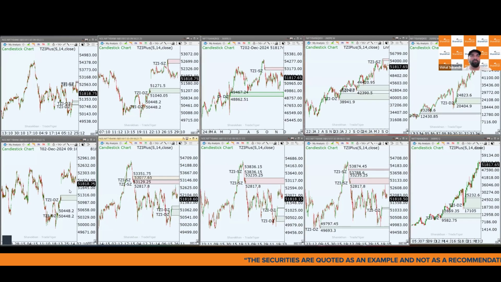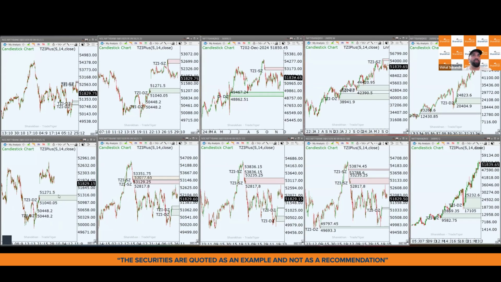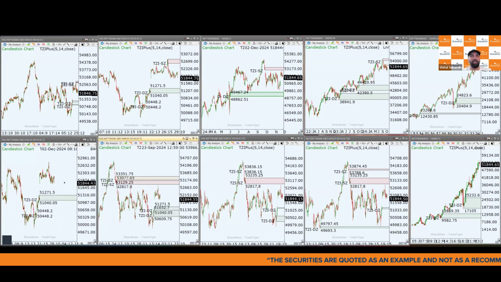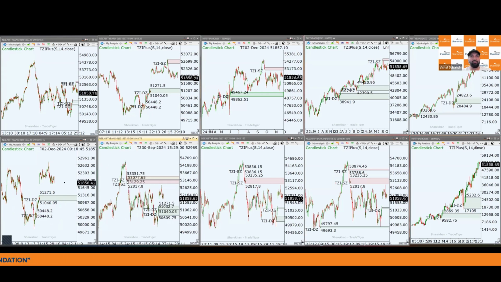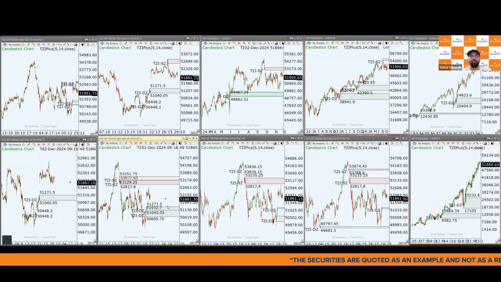Okay, we are going to look at the Bank Nifty levels now. The Bank Nifty, there is a gap level here from 51,271 to 51,040. This is going to be a key level of demand on the 15 minutes. And then on the 75-minute chart, you have this supply zone over here, which are two levels stacked upon each other, 52,817 to 53,351. These are going to be key levels of supply and demand in the Bank Nifty for